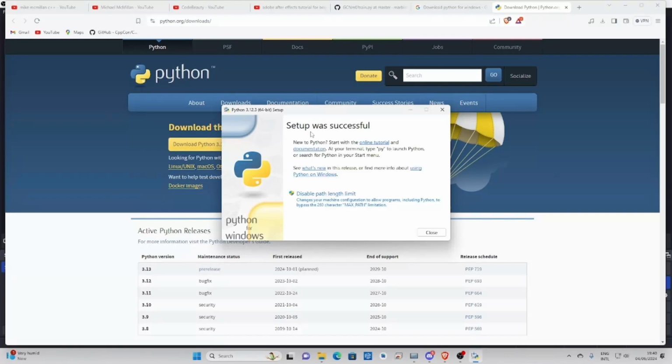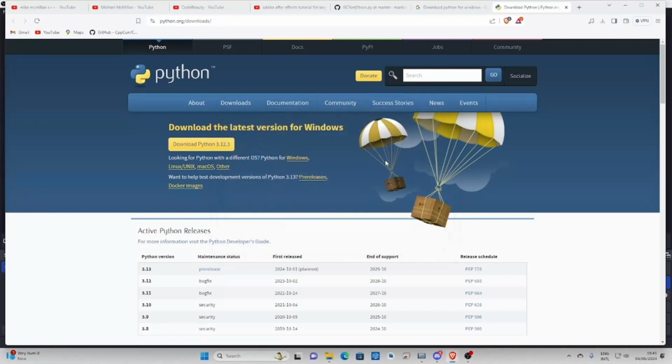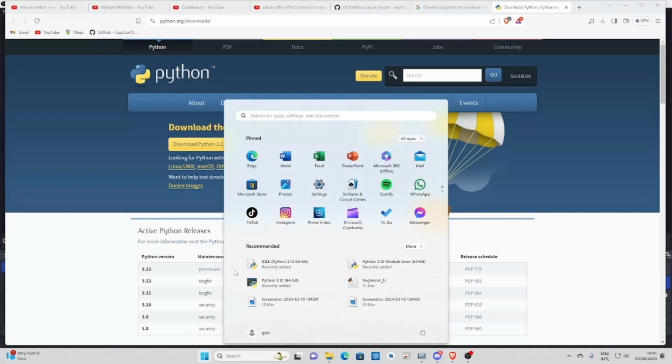Okay, so the setup was successful and we have Python. There's things here new, what's new to Python, that in the subsequent videos. So with that, we have installed Python on our computer on Windows. Isn't that simple? So to check whether you have Python installed, come over here and look for the